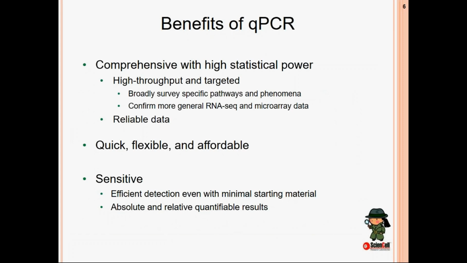Okay, moving on. So if qPCR is basically just fancy PCR, why do so many people laud it as the gold standard in gene expression analysis? Well, unlike other methods for gene profiling, qPCR is more targeted while still maintaining an exploratory nature. In qPCR, you can survey 1 to 384 genes concurrently, and you choose those genes based on targeted markers, functions,